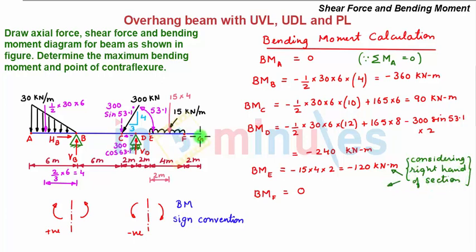Next we move the section to point G. So bending moment at point G is equal to 0, since we know that summation of all bending moment about any point, and if that point is G, is equal to 0, that's a static equilibrium equation. Now since summation of all moments about point G is equal to the summation of all moment towards the left of G, which by definition is the bending moment at G, is 0, so bending moment at point G is also equal to 0. So with this, our bending moment calculation is over. Now let's plot the bending moment variation diagram for this beam.